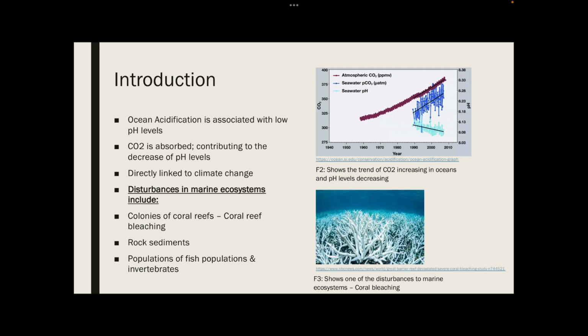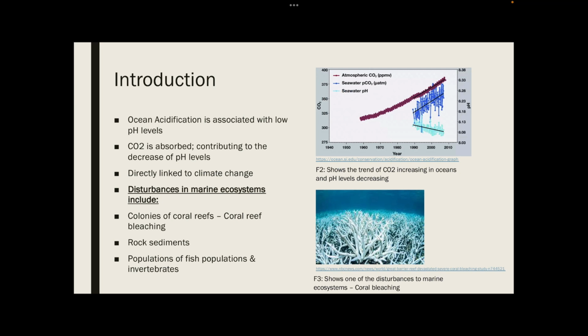In modern times, ocean acidification is projected to impact all areas of the ocean, from the deep sea to coastal areas. Ocean acidification is associated with low pH levels in marine ecosystems, contributing to the rise in atmospheric CO2 levels. This is directly linked to climate change, which is significantly affecting our planet, as well as disturbances in marine ecosystems, such as in colonies of coral reefs and other rock sediments, which many marine populations and invertebrates and fish populations